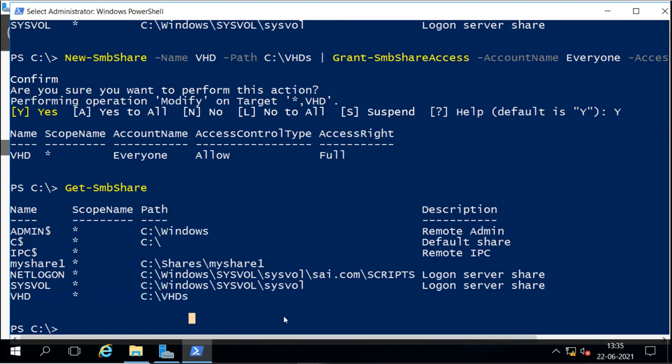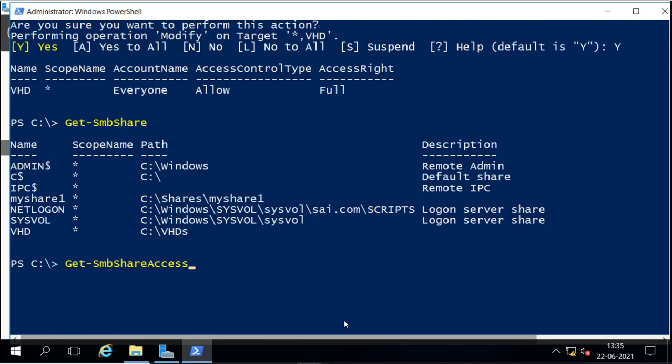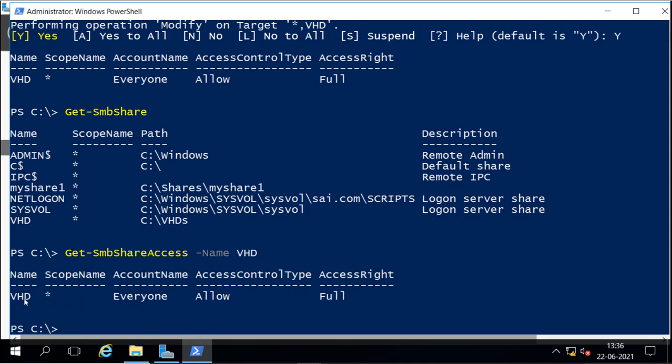Also we can check the access permissions with Get-SmbShareAccess for this share name, VHD. And we can see that everyone is allowed to have full rights.